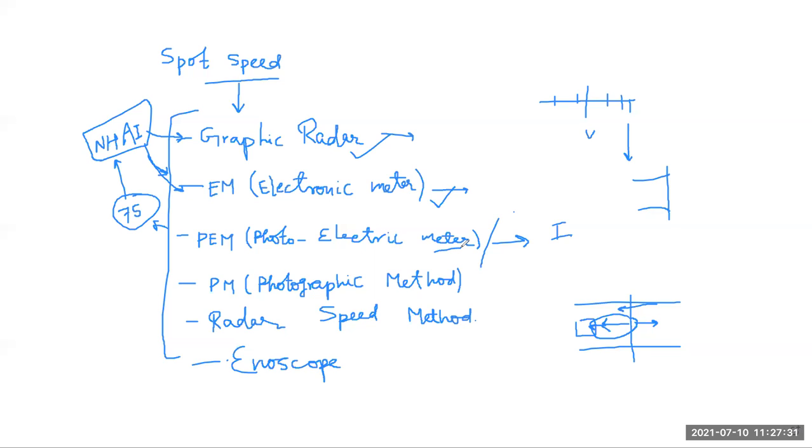So next is your induction loop method. In the photoelectric meter, the photoelectric effect or magnetic effect is involved. Also in your induction loop method, electromagnetic communication, or a magnetic or electric current, travels through that location where we want to check the spot speed of our vehicle. So that current or wavelength or frequency will be calibrated into speed. So we check the speed of our vehicle. Next is your photographic method. So from these methods we calculate the spot speed.